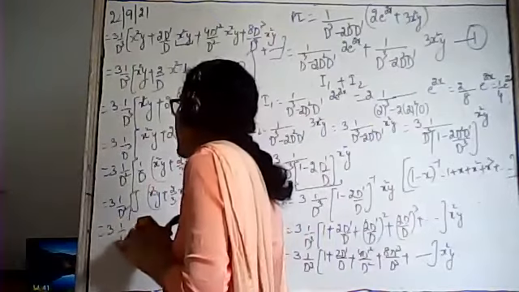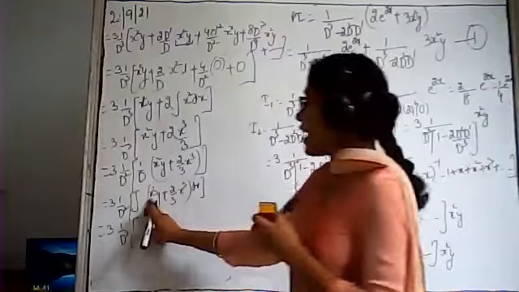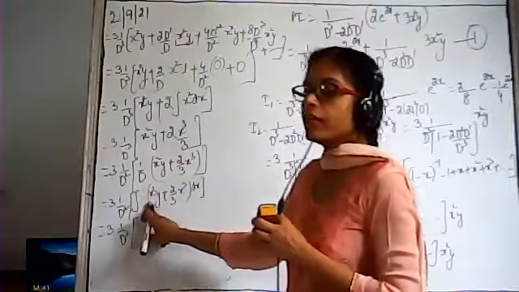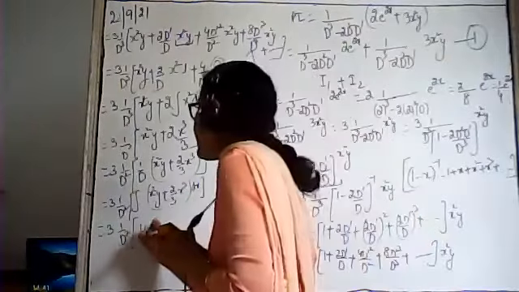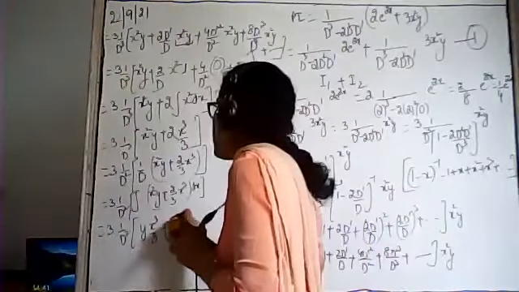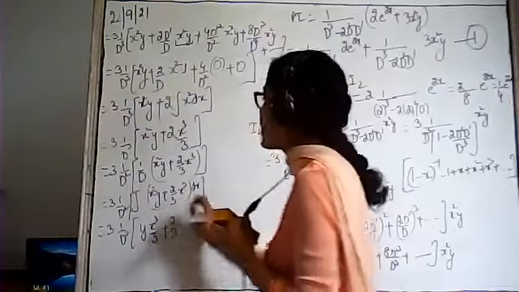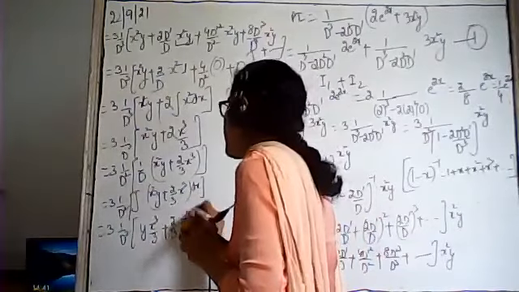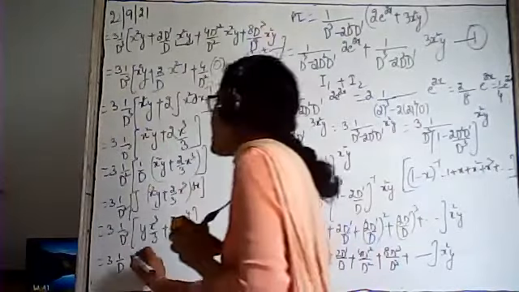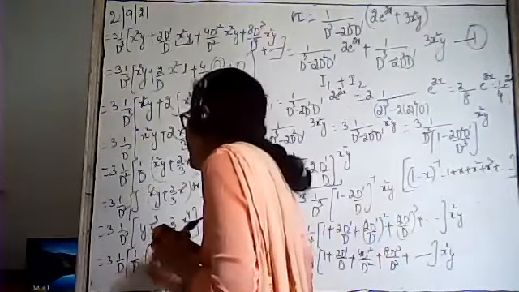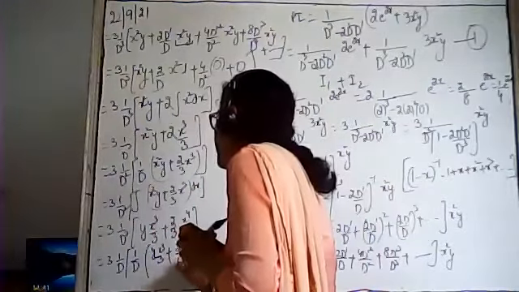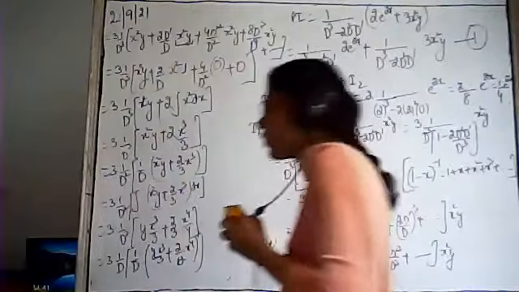It will be 1 upon d square. We have to integrate with respect to x. It means that the value of y will be constant. So y will be treated as constant. Integration of x square will be x cube by 3. 2 by 3 is again constant. Integration of x cube will be x4 by 4. Again, write 1 upon d square as 1 upon d, y x cube by 3 plus 2 by 12 x raised to the power 4.